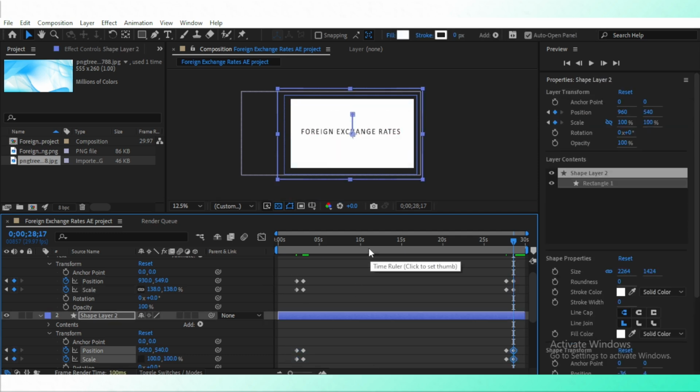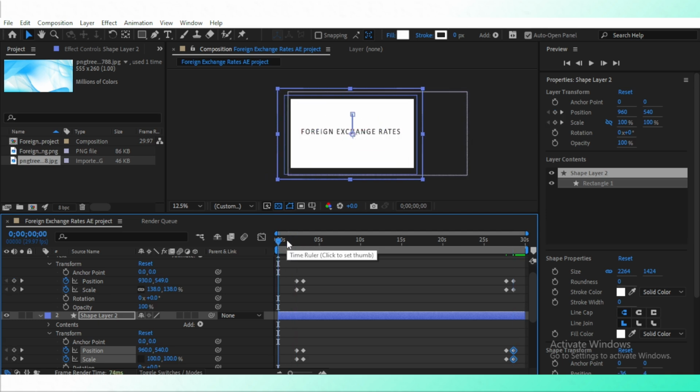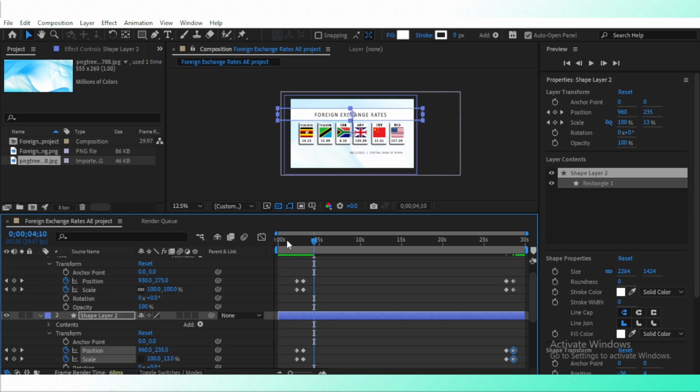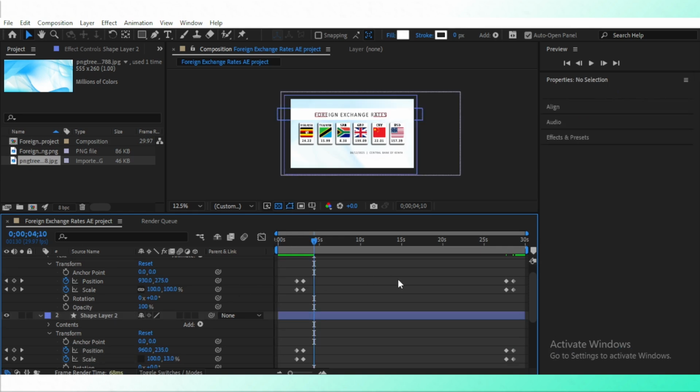And there you have it. It starts. This is how it's going to play out at the beginning. The text fills the screen. When you get to the keyframe, it pulls up, and then it reveals the data behind. So I'm going to render this, and after I've rendered it, I'm going also to attach it at the end